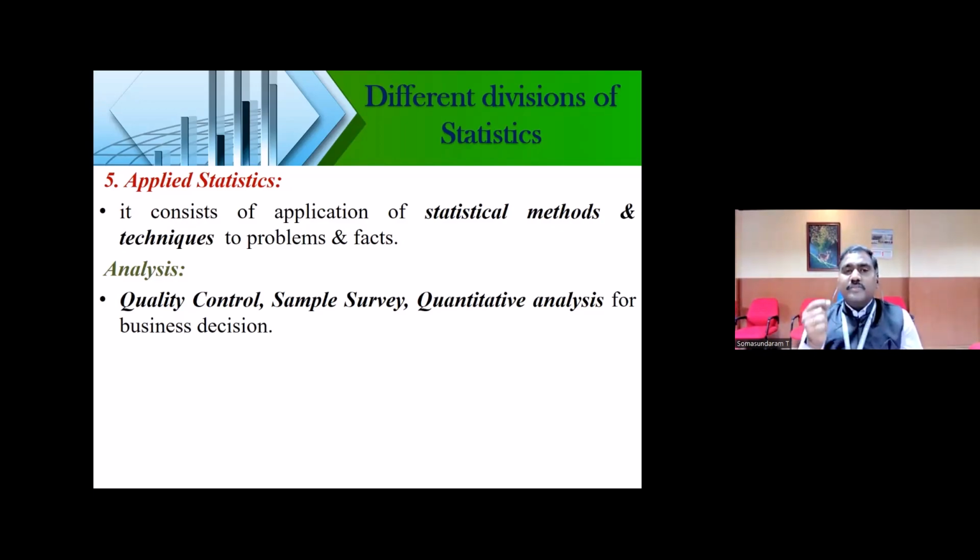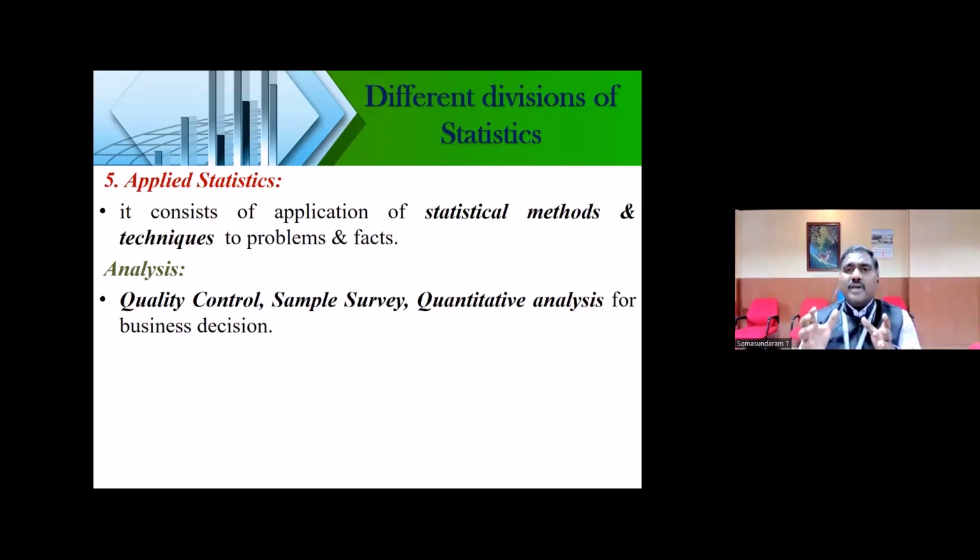That interpretation will be given based on the hypothesis that you have framed. We cannot give an interpretation just like that. We can give the interpretation based on the value you got in the statistical output table. But to give a meaning for that, whether it is accepted or not accepted, associated or not associated, significant or not significant, it is purely based on the hypothesis you have framed. Without framing the hypothesis, you cannot give the interpretation.